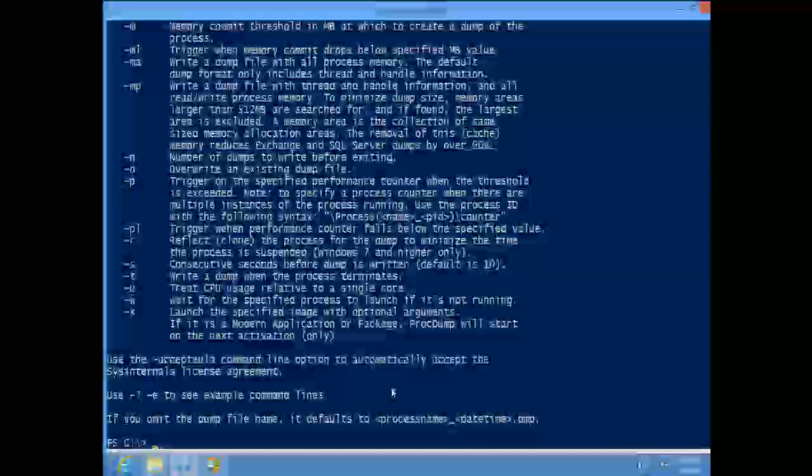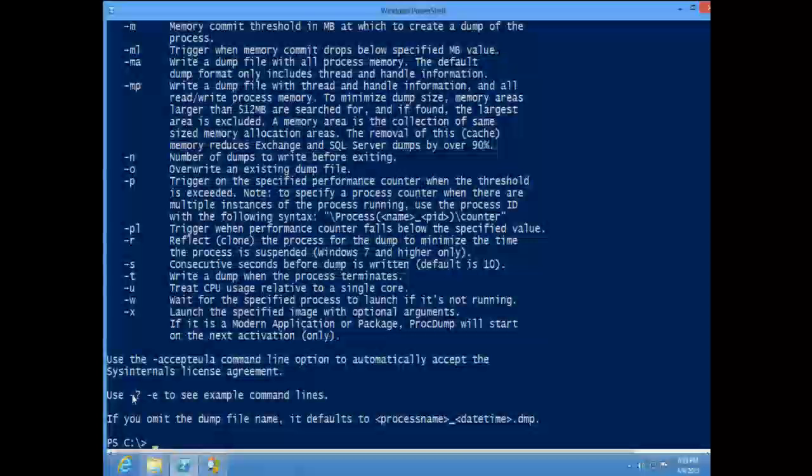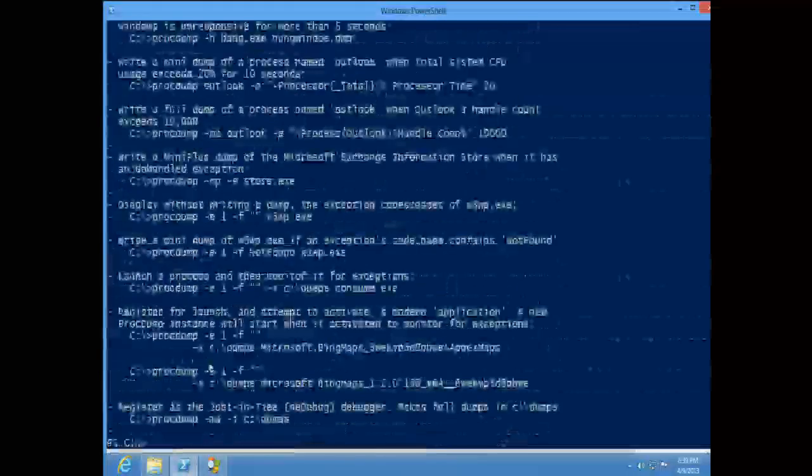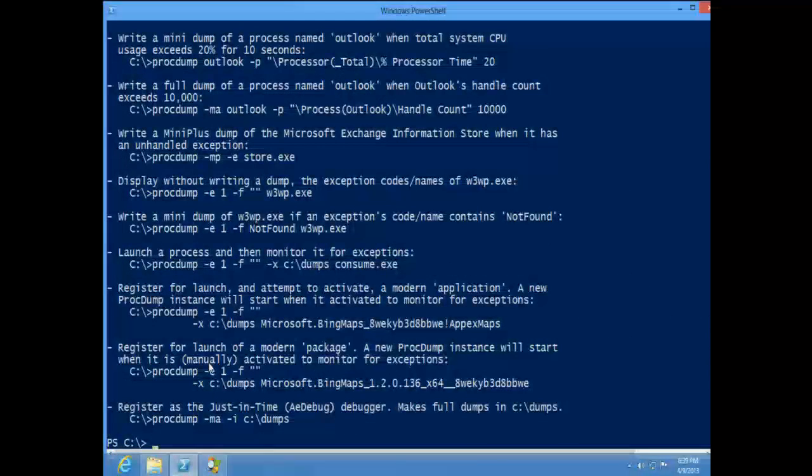It shows you all the command line options, and then there's more. So you can do -E to see examples, which is really helpful because one of the examples I want to show you is too hard to remember from memory, and that is how do you monitor a modern application.